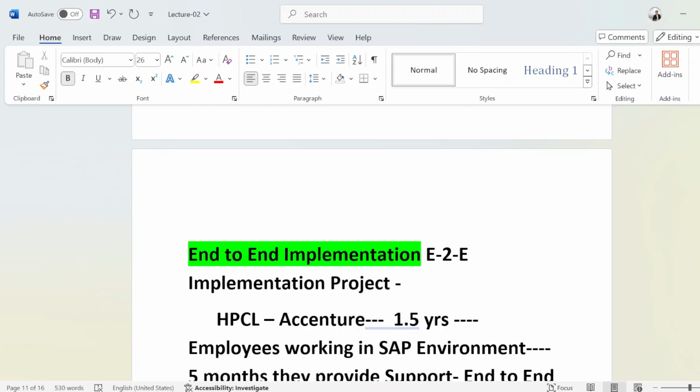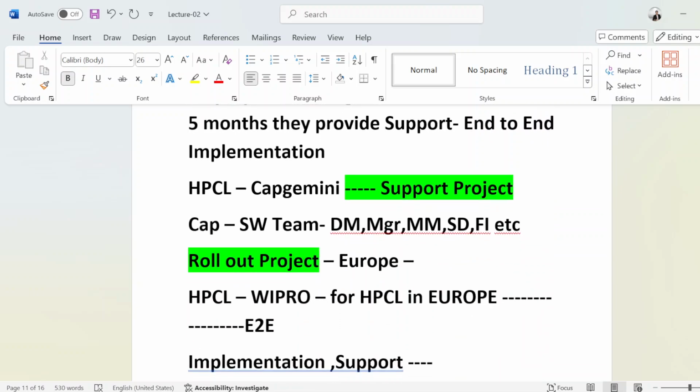Okay, and what's a support project, that's also clear to you. After completion of an E2E implementation, some companies have to go with a support project.